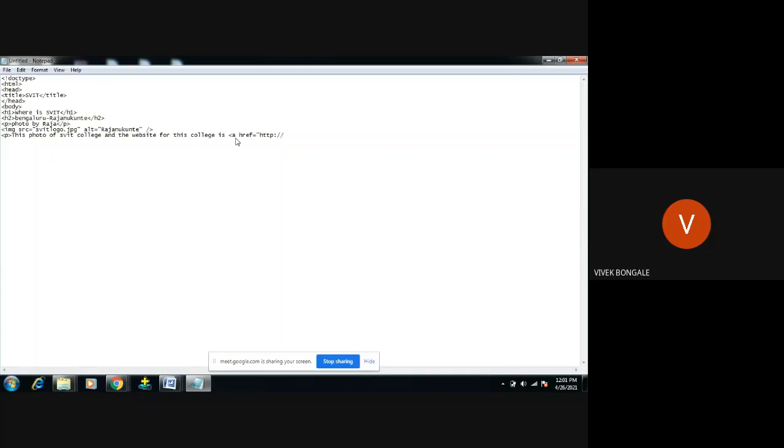So the double forward slash is going to check for that particular file on any server, not just the current present server. That is the reason we use the double forward slash. HTTP double forward slash. If you do not give the double forward slash, it will check the present server. If it is there, then the link will work, otherwise it will not work. Next, followed by the college website name, the website URL. It is the link